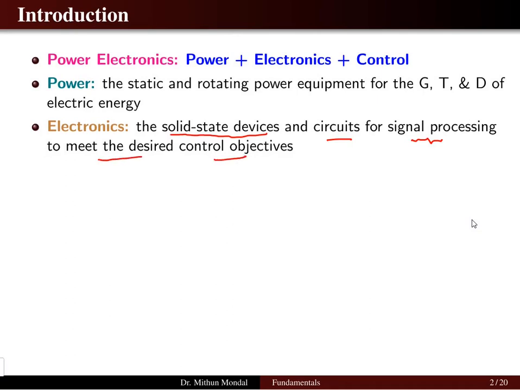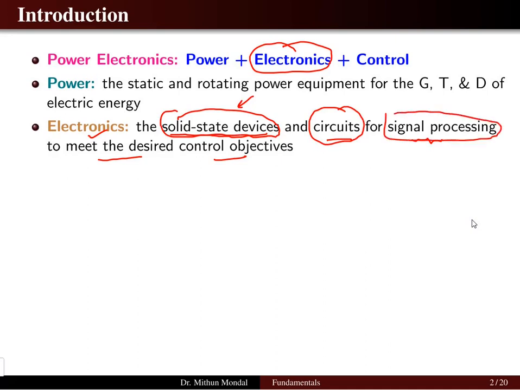So this is the entire electronics part in power electronics, where we will be using the solid state devices, and there will be circuits connecting these solid state devices, and the signal processing aspects will be there because we will be converting the signal from one form to another, like we can convert the AC signal to DC signal or DC to AC, or otherwise the conversion of AC signal from one frequency